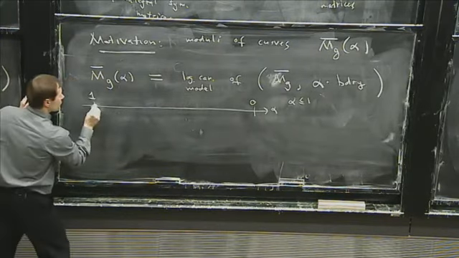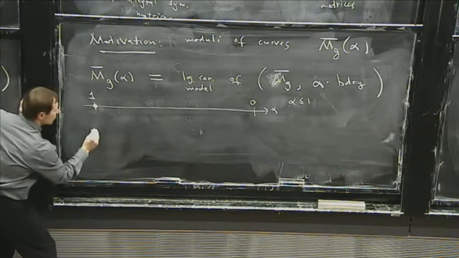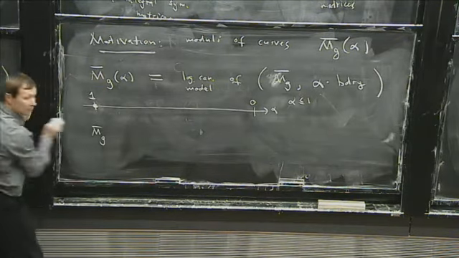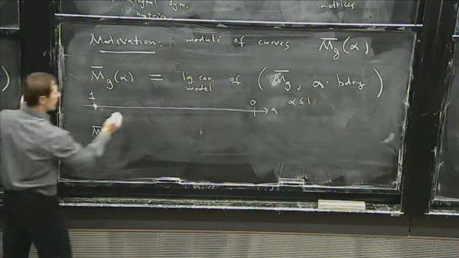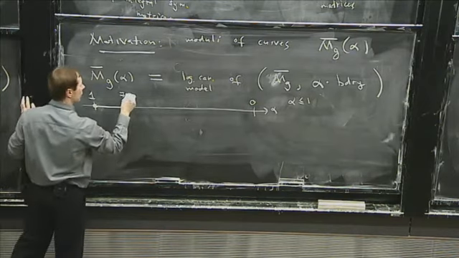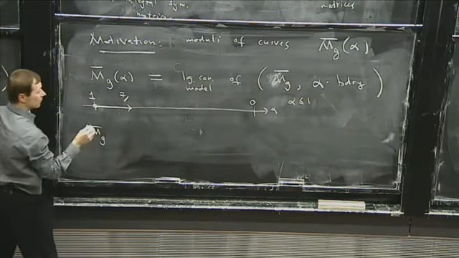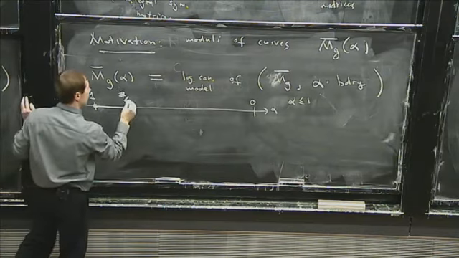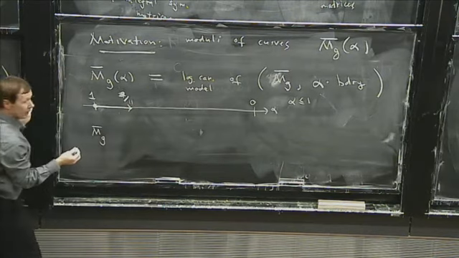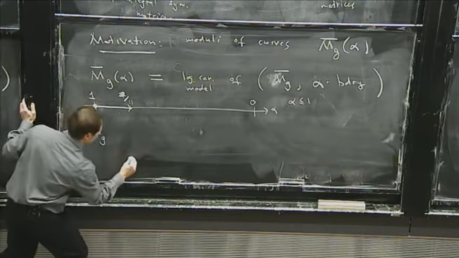So if you just put 1 for alpha, then you get M_g bar. And then up to 9 over 11, it does not change. And then at 9 over 11,